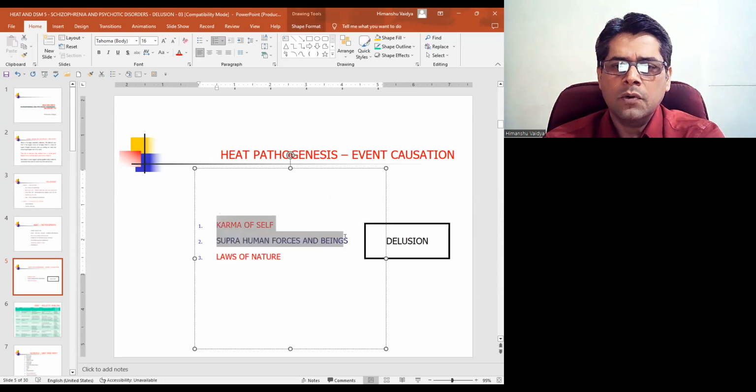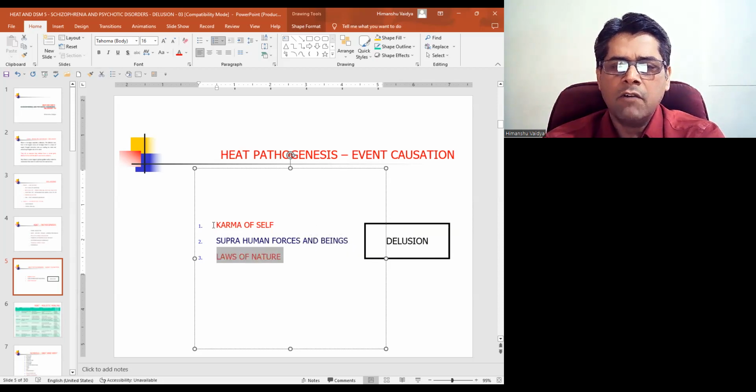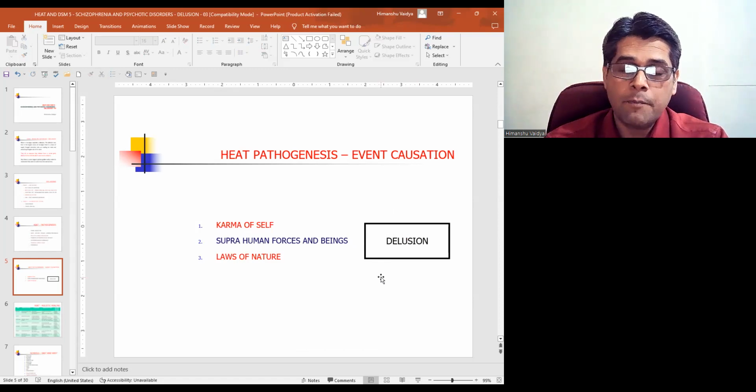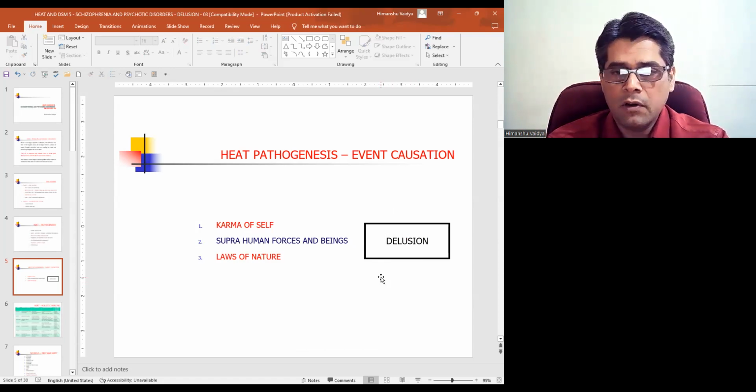So these two are areas of mysticism and spirituality. This is pure science. In classical psychoanalytic approach, we will take only this. We will not take 1 and 2. But in the heat approach, we take in 1, 2, and 3. So all the three can be at work. Any of them can be at work. It may be two of them in some proportion. We don't know what is the proportion. We can find out again by intuition, pranic healing, talking to the person, or we can have a provisional estimate and wait for a confirmatory reflection as we go along.